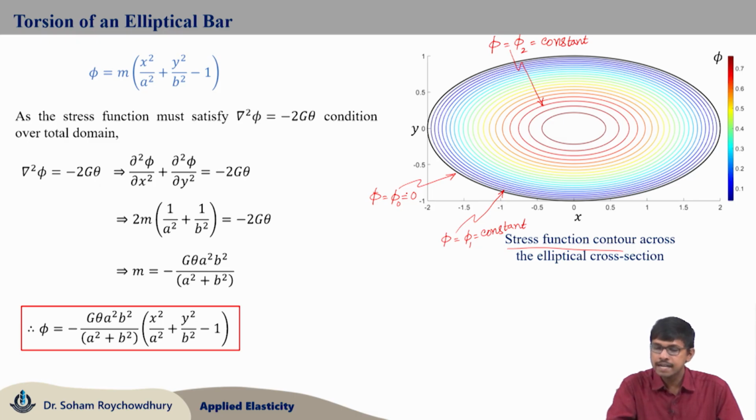And as you are going towards the inner side, the value of phi should increase, the stress function contour value will increase, that you can see by looking at the color codes here. So, blue side colors are closer to 0, on the outer boundary values are on the lesser side, which are referred to with the blue contours. As you are going towards the center, the values are increasing and the color is shifting towards the red zone. So, the stress function value is increasing on the stress function contour near the center. So, this is the plot of the stress function, a pictorial representation of the stress function contour across the elliptical cross sections.